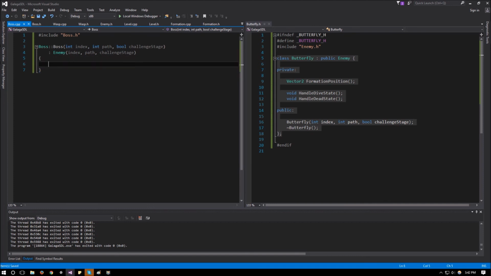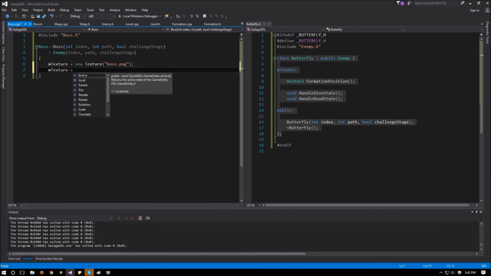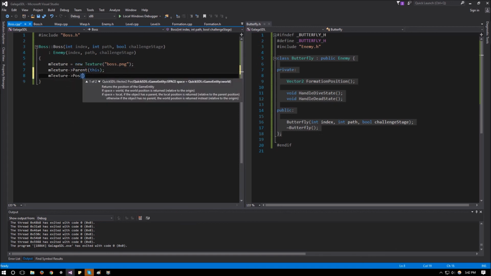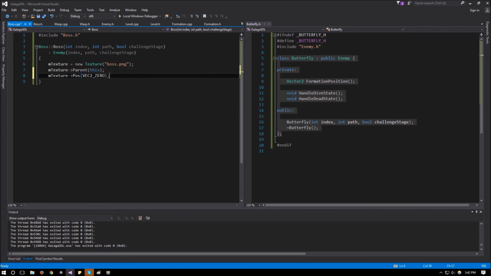All right, so we need to load up the texture. We'll say mTexture is going to be equal to a new texture. This one will be called boss.png. mTexture parent is going to be equal to this, and mTexture position is going to be Vector2 underscore 0. So just enter it. Then our destructor, so Boss,